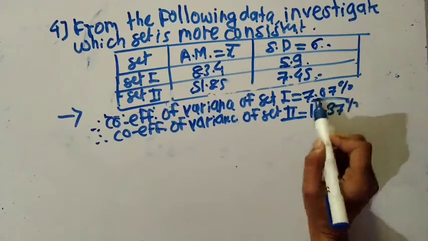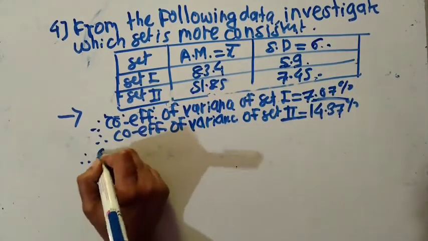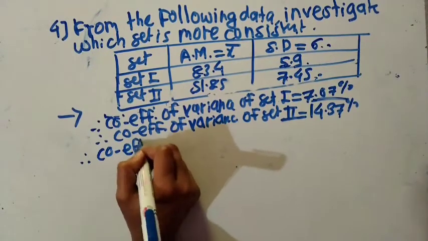Here this is less than this, means set 1 is more consistent, hence